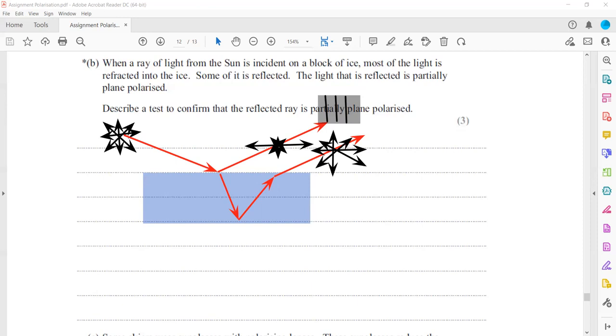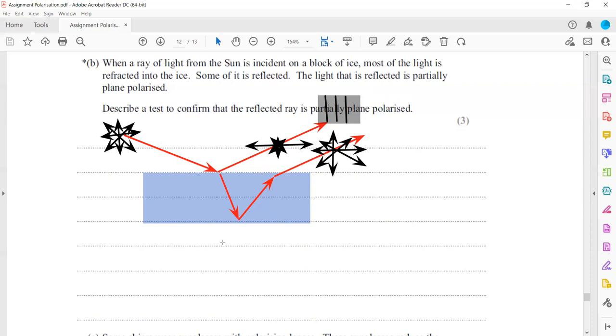That's how we can prove that the light which is reflected from the surface of the ice is polarized light. Because if it was unpolarized light, even as we are rotating, we will receive a single component of the light every time. But if it is a polarized light,